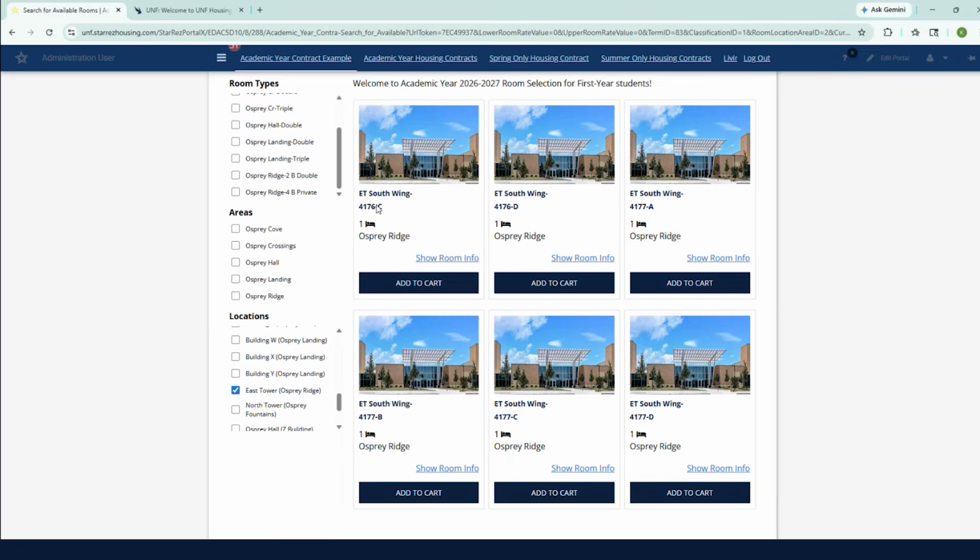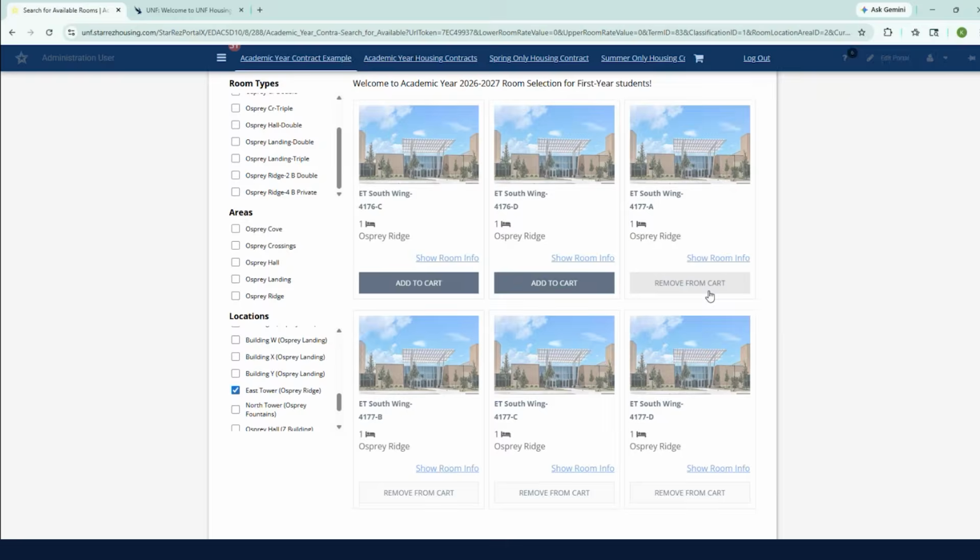You will see that there are 4-bed private units available, as well as 2-bed double units in Ridge. 4-bed privates, you'll still need 4 people because it is a suite. So if I select A, that is going to select during group room selection A, B, C, and D because I need to fill the suite. However, if this was phase 2 during open room selection, I could select A itself and assign myself to that bedroom. But because this is group room selection, it selects the entire unit, so my group would have to